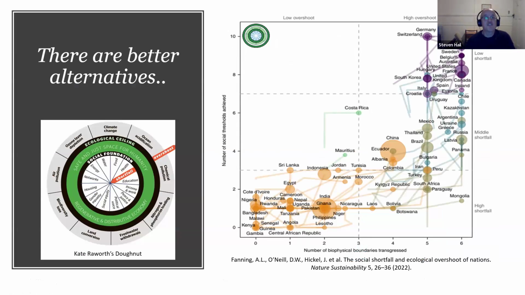GDP then is far from a perfect measure of well-being. There are better alternatives. Indeed, there are over 100 alternative approaches out there, some of the best of which involve looking at a panel of data. Indeed, the Australian Commonwealth Government now publishes statistics under the heading of measuring what